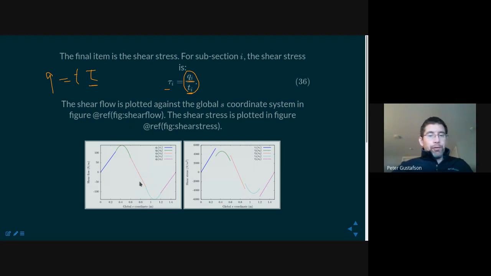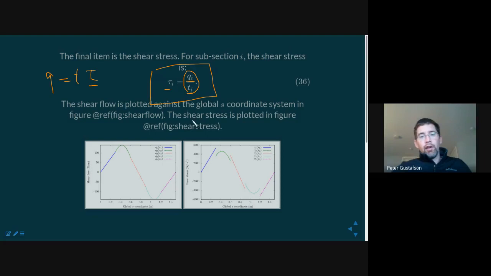Okay, so that was shear flow. Unless there are any other questions about shear flow specifically, I'm going to highlight the next figure, the one to the right. And what do we recognize? Instead of plotting shear flow, I'm plotting shear stress. And of course, as we examine the shear stress equation, we see it's the shear flow divided by the thickness. And as we go back and look at the beam,